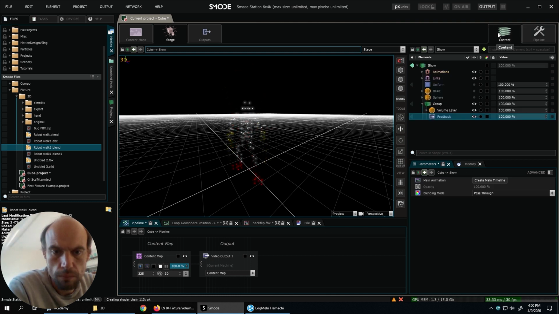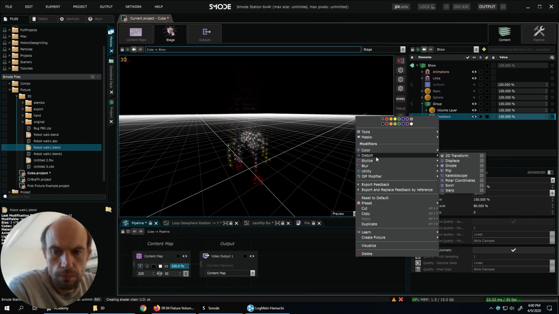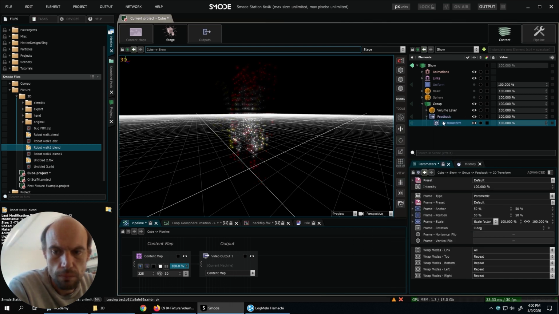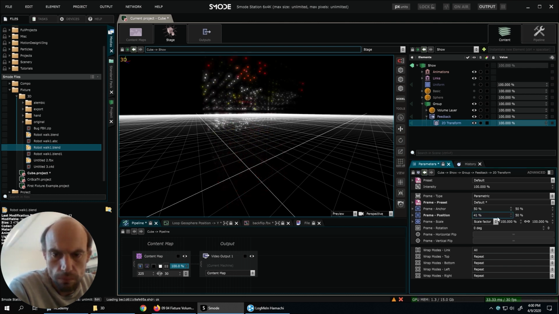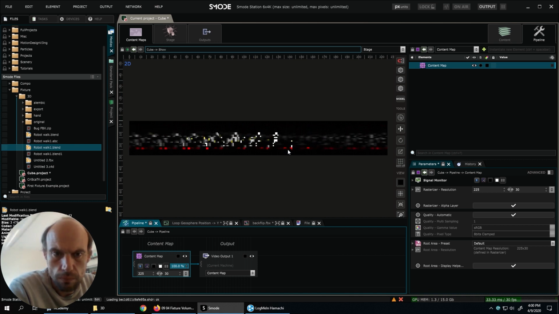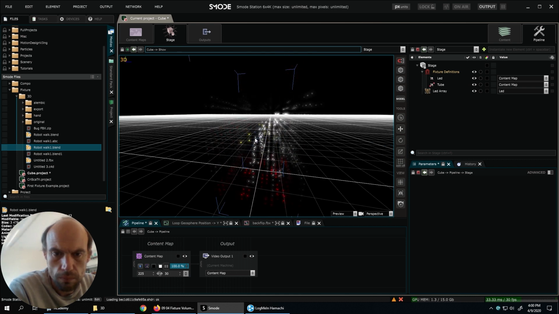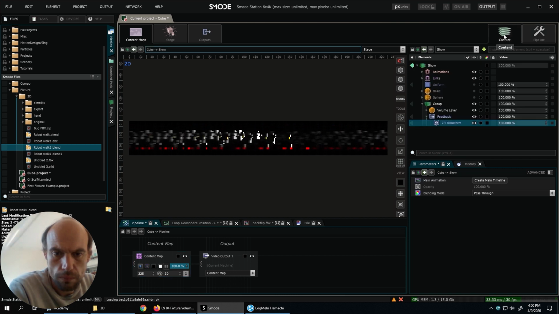If inside the feedback effect I add distort 2D transform, and I move it a little bit, we can see it taking the pixel and moving it to the right. So it's moving into the other layer of the 3D mapping. So it's not so good here.